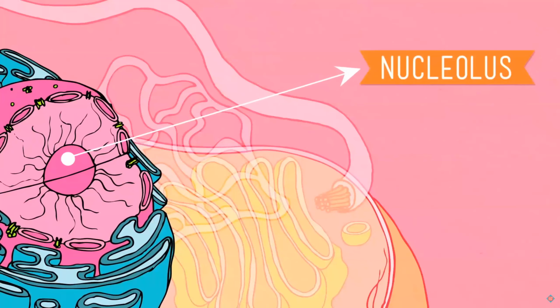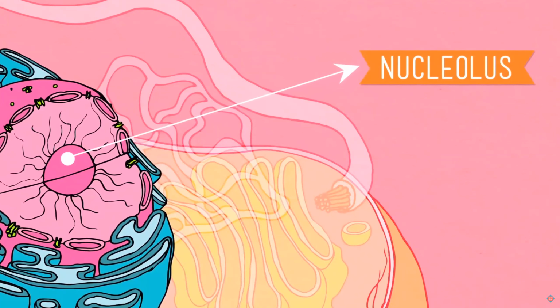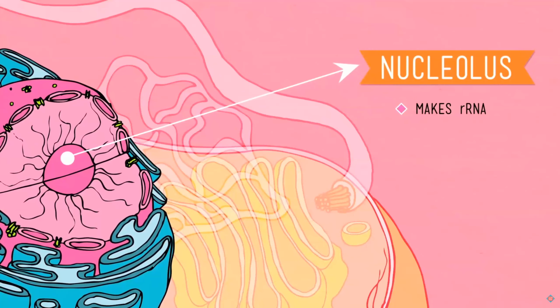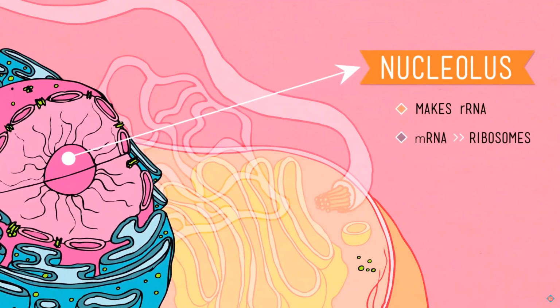Now the nucleolus, which lives inside of the nucleus, is the only organelle not enveloped by its own membrane. It's just a gooey splotch of stuff within the nucleus. Its main job is creating ribosomal RNA, or rRNA, which it then combines with some proteins to form the basic units of ribosomes. Once these units are done, the nucleolus spits them out of the nuclear envelope where they are fully assembled into ribosomes. The nucleus then sends orders in the form of messenger RNA, or mRNA, to those ribosomes, which are the henchmen that carry out the orders in the rest of the cell. How exactly the ribosomes do this is immensely complex and awesome. So awesome, in fact, that we're going to give it the full crash course treatment, an entire episode.